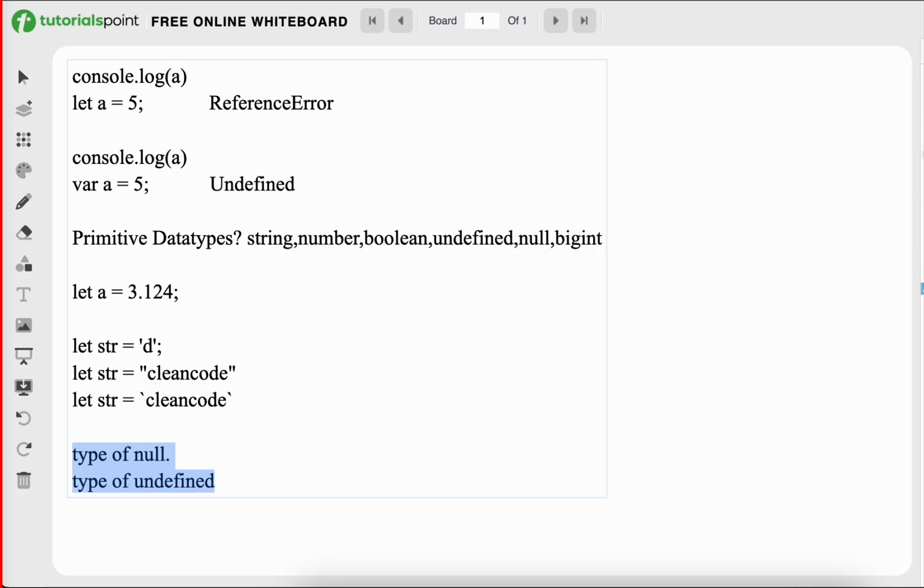What about Priyanka? Null is the object type, like it's a primitive type, no? Is object a primitive or non-primitive data type? Object is non-primitive. Then what is the type of null?